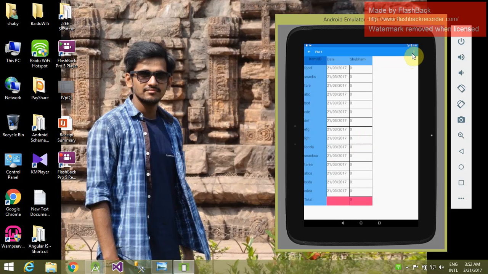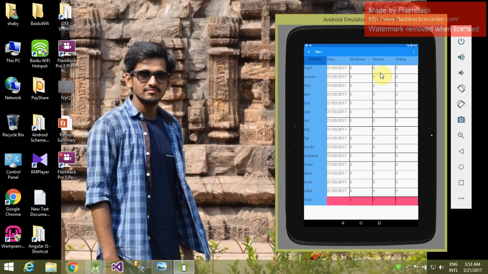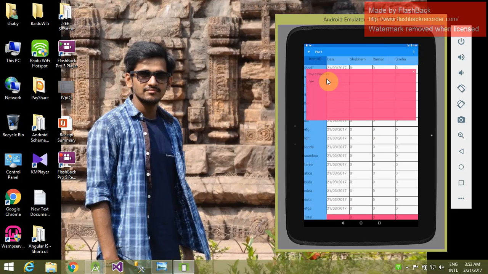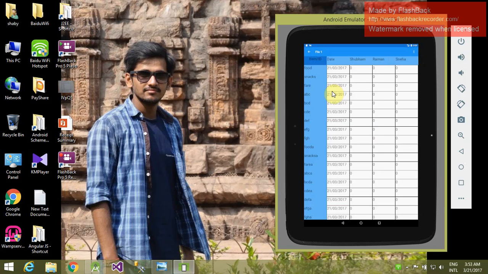Let us add these dynamically generated columns. I will add two more. This is the last one. Let's now add some rows. We will be adding some rows here. So our row addition is finished.